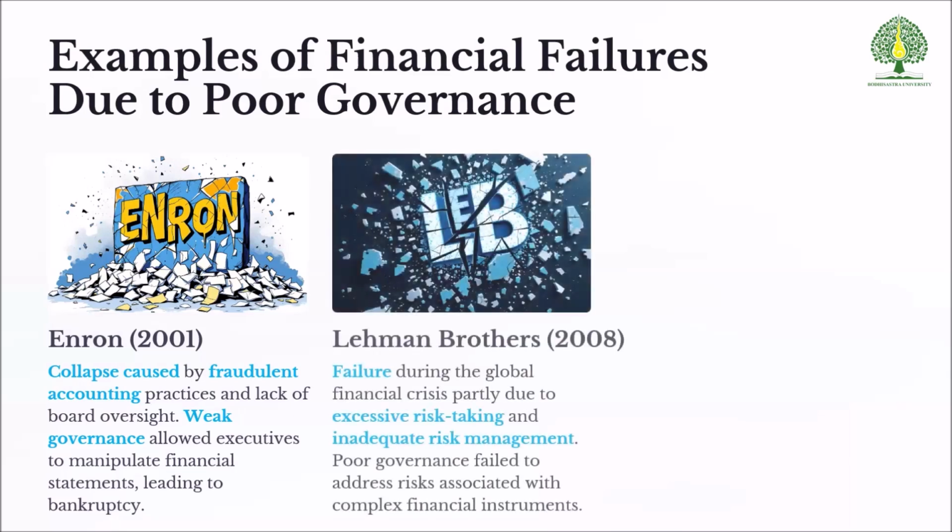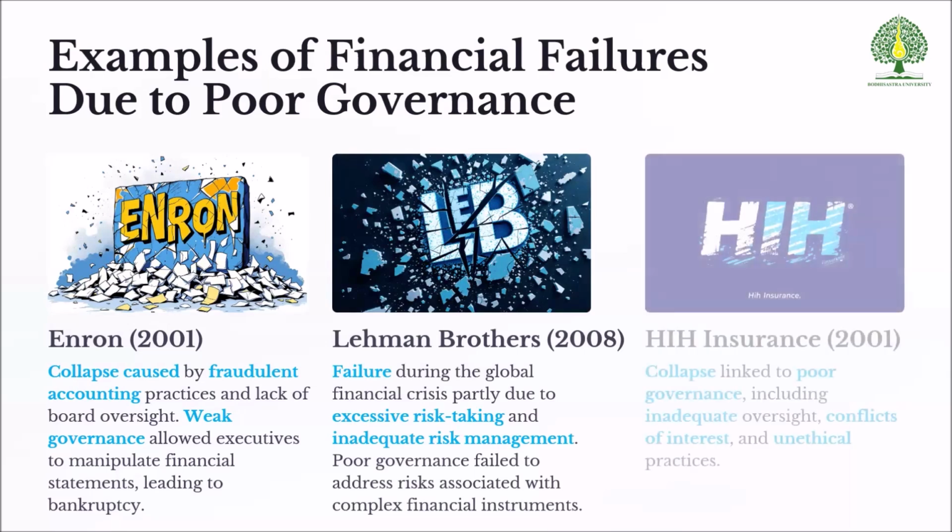And we also have another one, Lehman Brothers, which is very famous recently as well, when they took too much risk, especially in mortgages, in home loans. And I believe that if the risk committee had done their job more properly, it maybe would not have led to the collapse of Lehman Brothers.